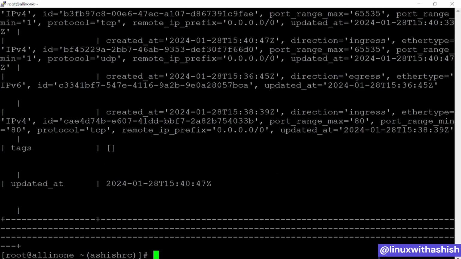So from port 1 to 65532. Okay, now we have created our security group, we have created our subnet, we have created our network. Now I will show you how to create a server. Everything has been done from our side. Now we will create a server and show you how we can create a server, and that is the final task